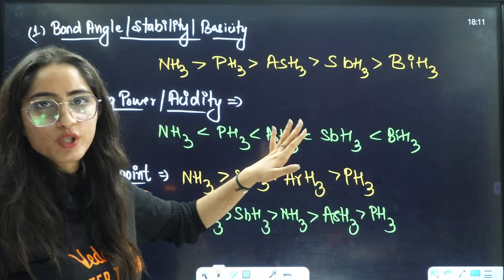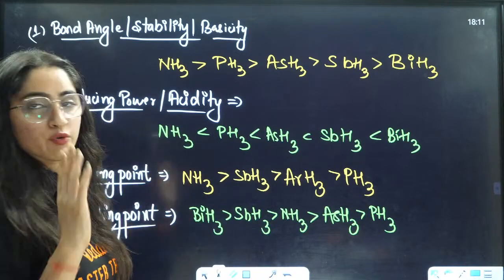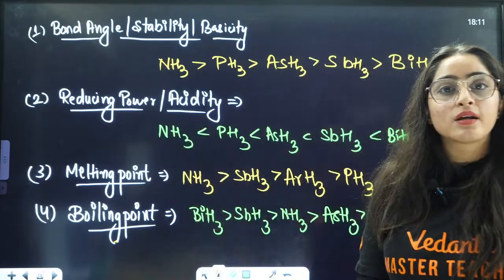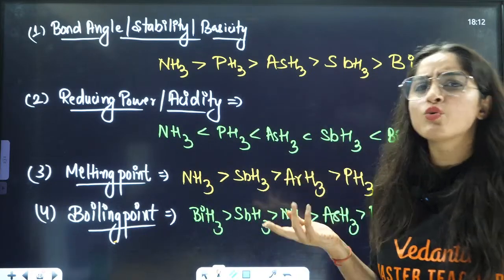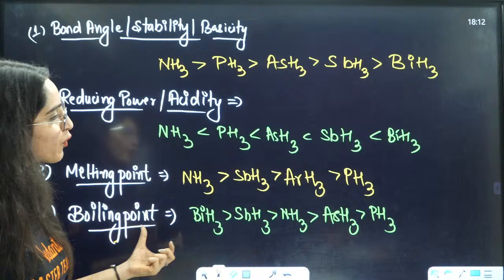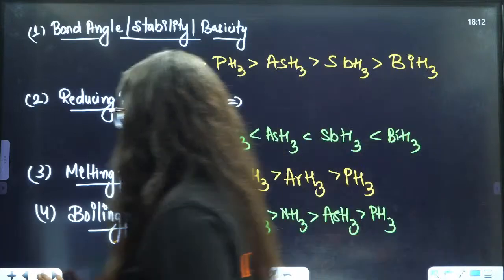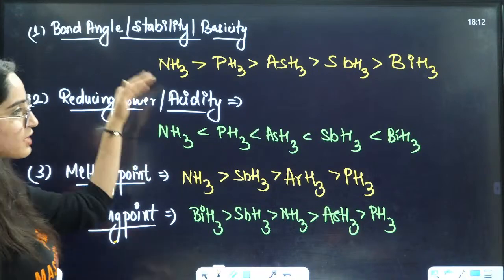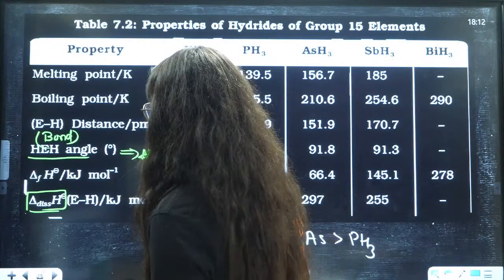Now basicity is opposite of acidity. You can also understand that this NH3 is going to make hydrogen bonds, so it is very difficult to lose the hydrogen here, because acidity is losing the hydrogen. That is the reason it will increase down the group, because there is no hydrogen bonding down the group. So that is the reason of acidity and basicity, and melting points and boiling points are defined experimentally, so you can easily understand that. Yes, everybody? Okay. So just remember, after this they can't ask you anything else. Hydrides, they will ask you from this thing only. Okay. Now, next thing is